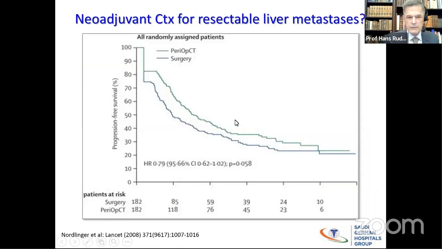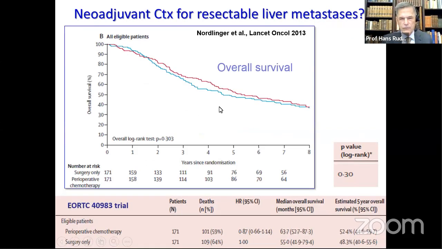For primary resectable patients, the colleagues from France did another study with neoadjuvant chemotherapy for resectable liver metastases, but couldn't show success. This is a curve for the disease-free survival. Something happened here that I cannot explain, but the curves are not different from each other, and the overall survival isn't different as well. Therefore, up to now, we would say there's not really a place for neoadjuvant chemotherapy for resectable liver metastases,